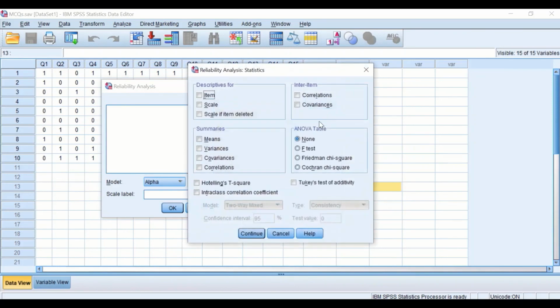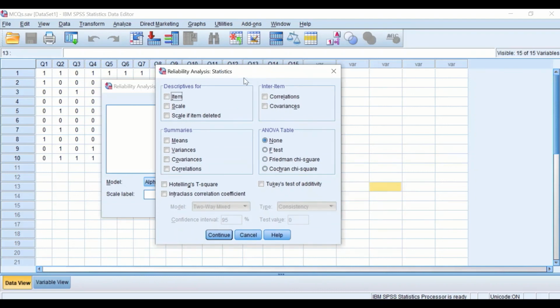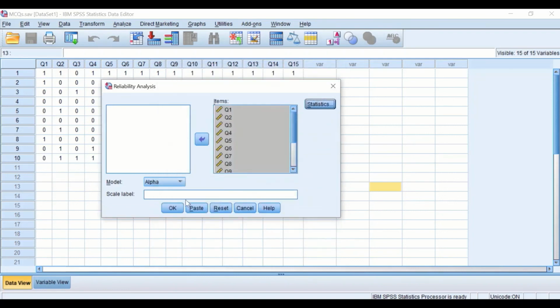In the Statistics section, if we click on it, a new window will appear, and we are going to select the Scale if item deleted from the descriptives, and I will shortly describe the benefit of choosing this option. In addition to that, I'm also going to select the F test, and if I click on Continue, then OK,